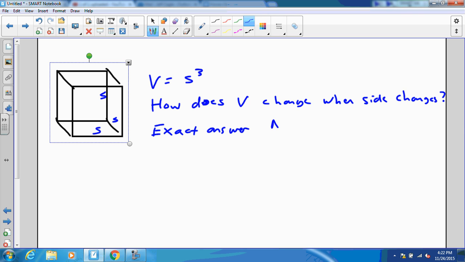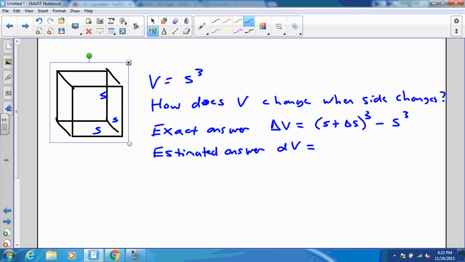So there is, once again, an exact answer. And that is that the delta V is going to be equal to S plus a change in S cubed minus S cubed. And if we felt like multiplying it all out, we could expand that cube and subtract and cancel and so on and so forth. But